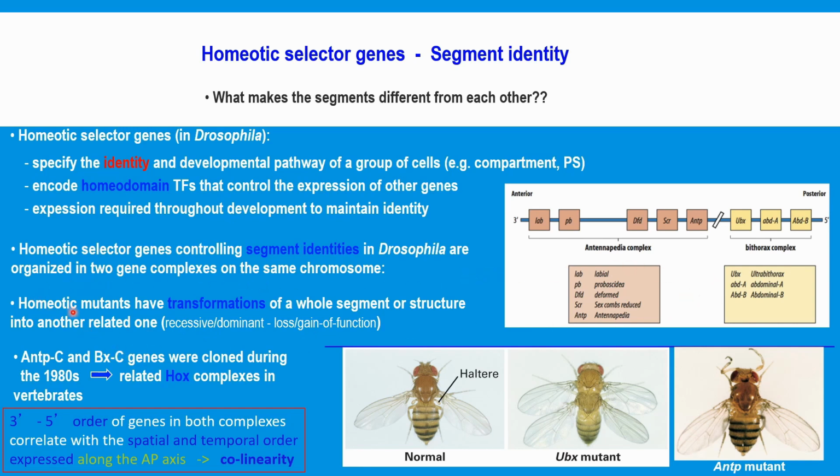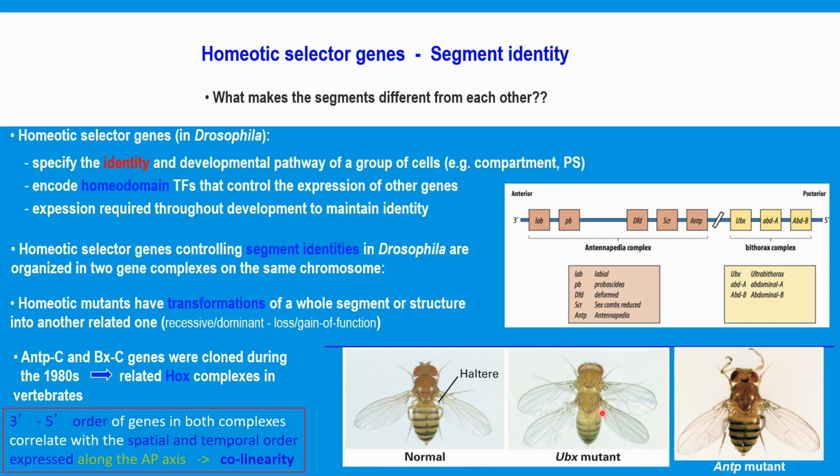And if we have mutations in a homeotic gene, they give transformations of whole segments or structures into another related one. So we have a normal one here, and then we have an Ultrabithorax mutant,